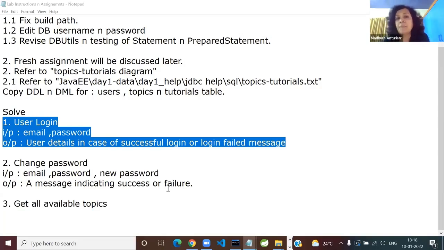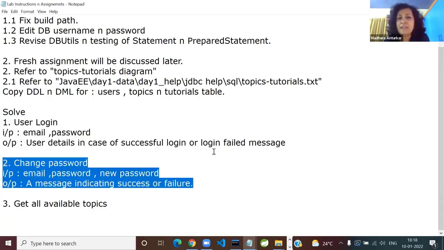So this is compulsory. Change password, I'm not making it compulsory. You can tell me, because there is a small change. When you say change password, which type of SQL would you like to use? I got the answer from Rohit already, DML. So the only change, guys, is you'll have to do a little bit of self-learning, reading. That's why I'm making it optional. Instead of execute query, the method you'll use for this update query is execute update.